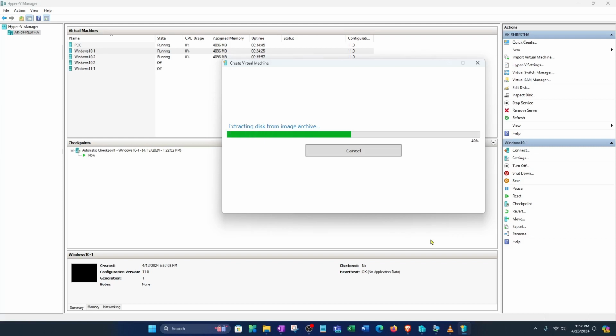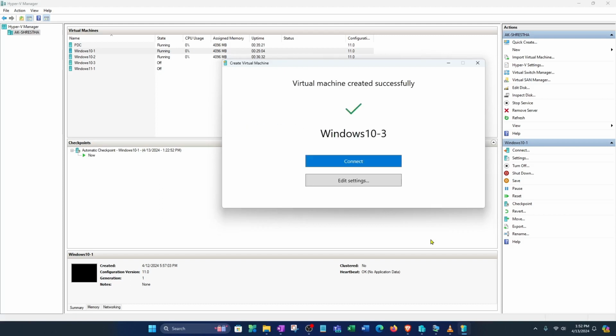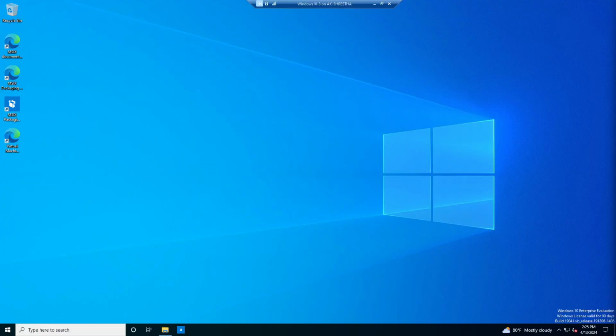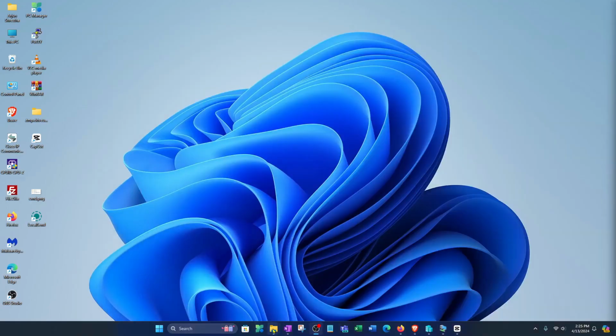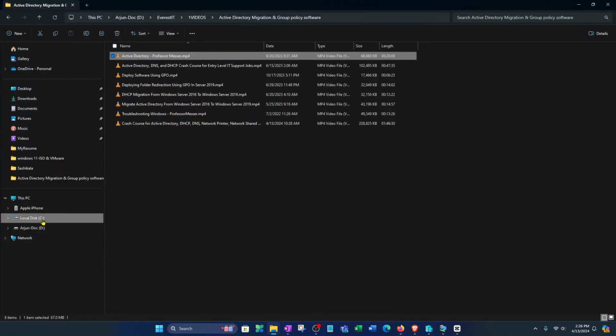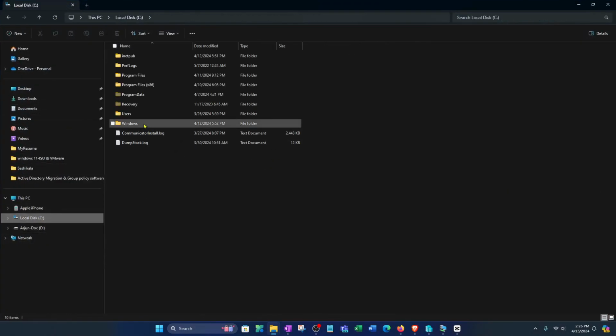I will do this a little bit faster. Just extracting that. Almost done. Now click connect. So this is another way you can do that for the Windows. This is a new Windows. Now we have to go for